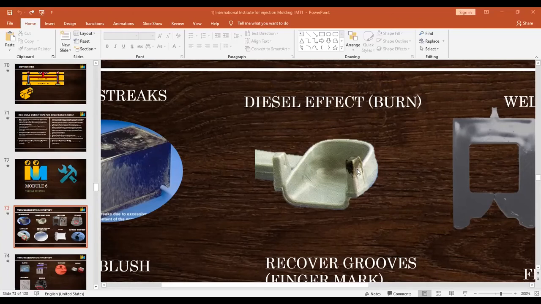You can see it's a pure burn mark and forms carbon. To avoid burn marks, we have to allow the displacement of air, we have to relieve the air, by providing some type of air venting. Air venting can be through the parting line. If it is not at a parting line, we have to do it through some ejector pin or porous pin, so that the air escapes.